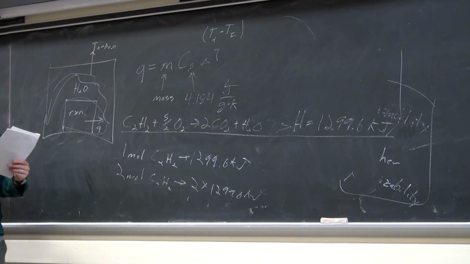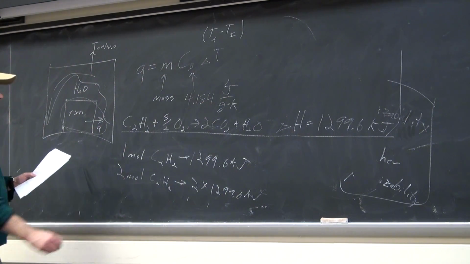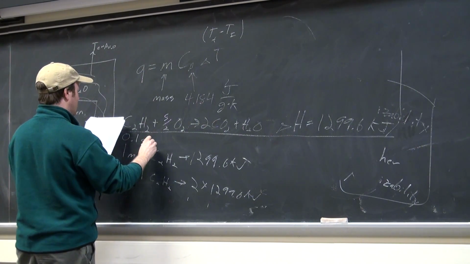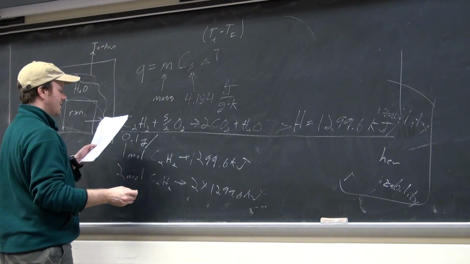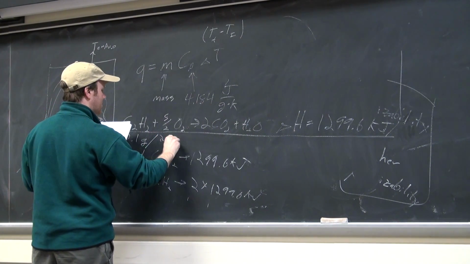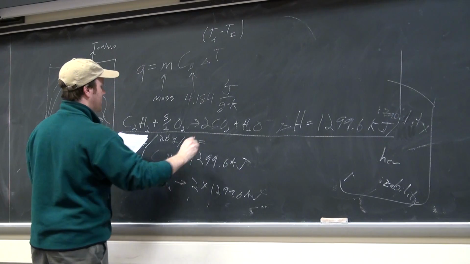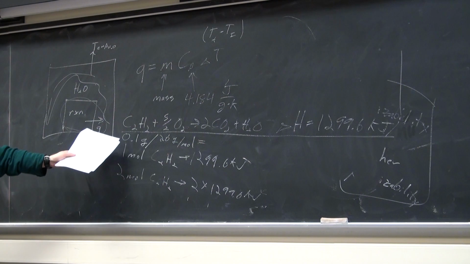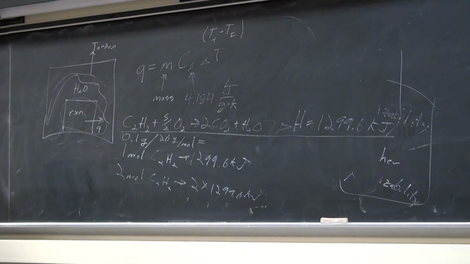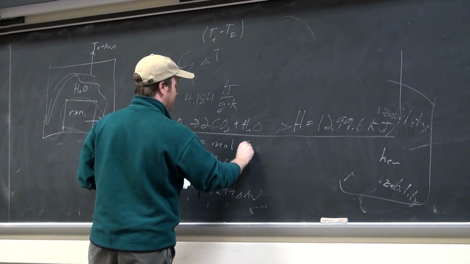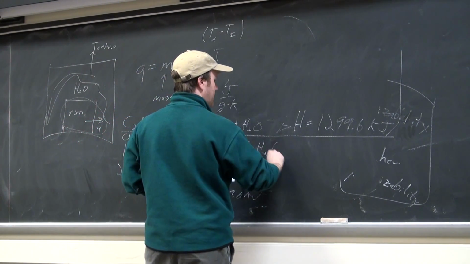Okay, so how many moles of acetylene do I have in this problem? I have 0.1 grams divided by, acetylene is 26 grams per mole. And so this is the number of moles that I actually have of the acetylene, whatever 0.1 divided by 26 is. So that gives me moles of C2H2, and I multiply it by